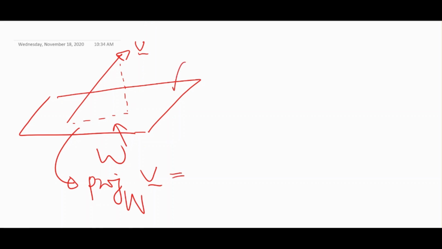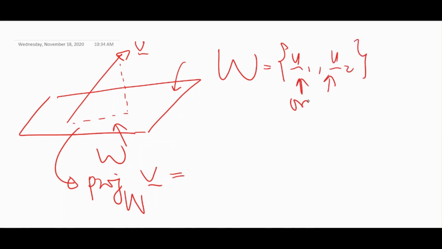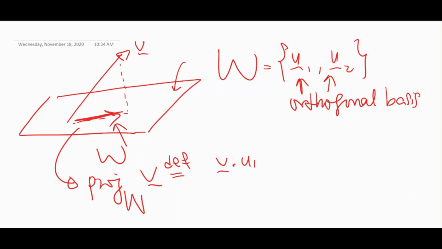Well, if we know that this space W has orthogonal bases, let's say U1 and U2, these are orthogonal bases. Then we define the projection of this vector v onto this vector space W as v dot u1 over u1 squared, multiplied by u1, plus v dot u2